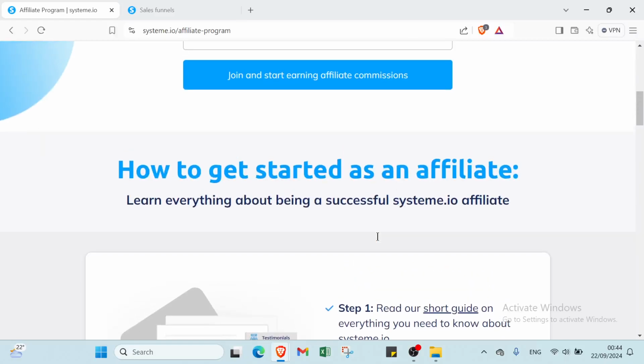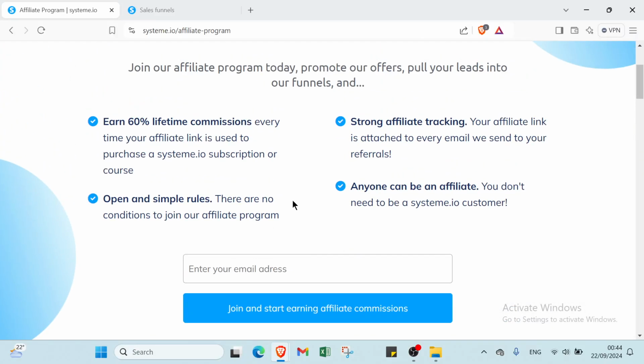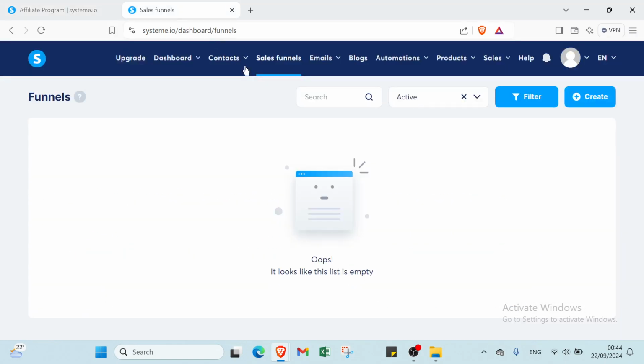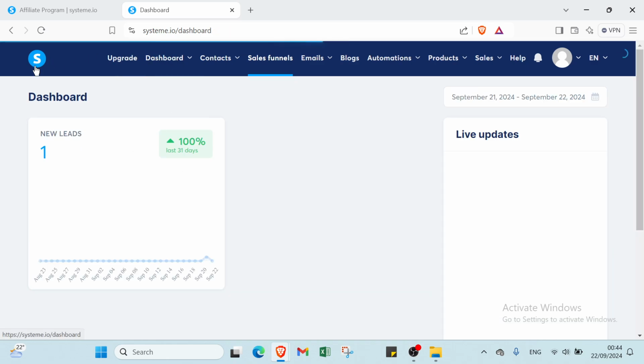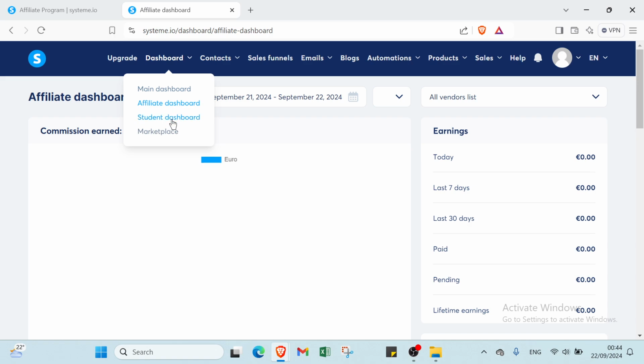So if you click on get started and write your personal information, you will find this page, as you can see. This is the dashboard here, and we have other things here. The first thing we have is new leads, as you can see. And also we have live updates here. So this is the dashboard. We have a full dashboard here, and we have a student dashboard here,